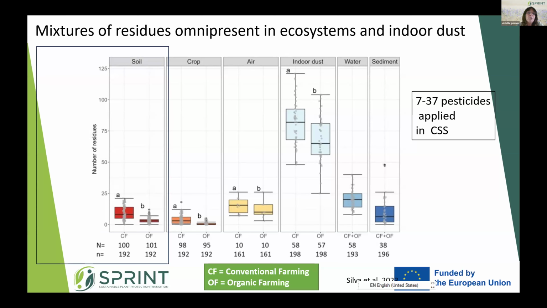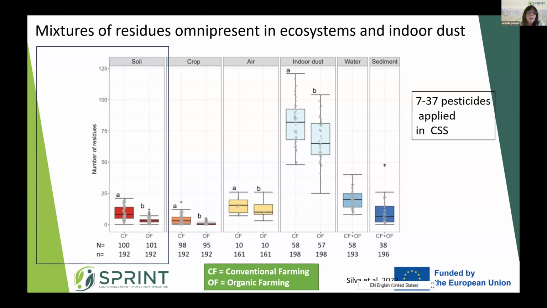So what you can see here, first of all, is we found mixtures in all matrices, mainly mixtures, and a high accumulation in the indoor dust. You see here the numbers of residues. And in the indoor dust, we found up to 123 different pesticides. The winner was the Netherlands. The farmers had more pesticides in the indoor dust, in numbers and in concentrations, than others, and glyphosate was predominant there. But as well in water and sediment, as well in soils, all contain mixtures,